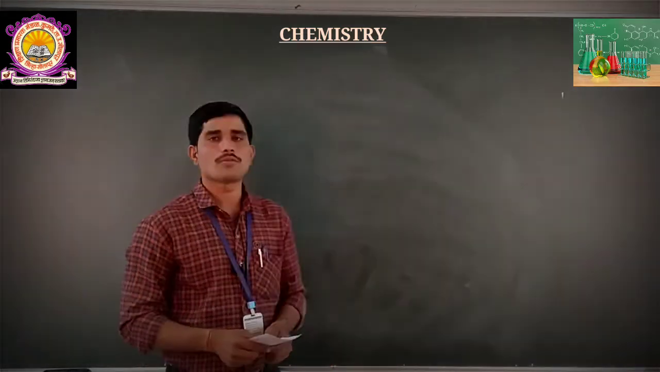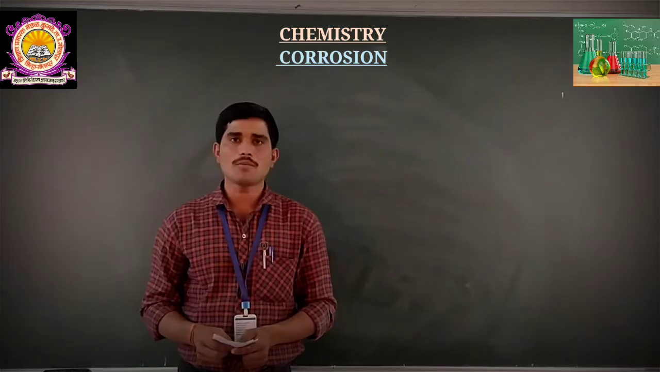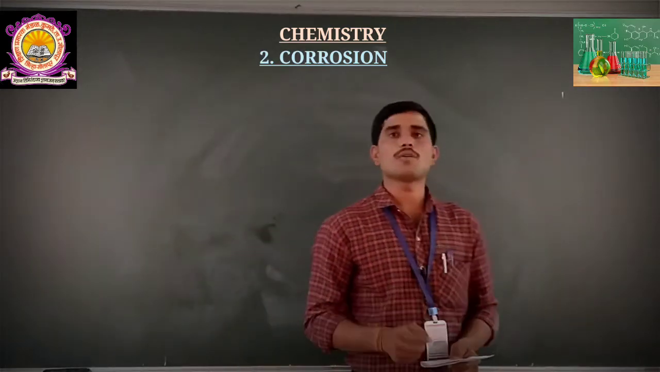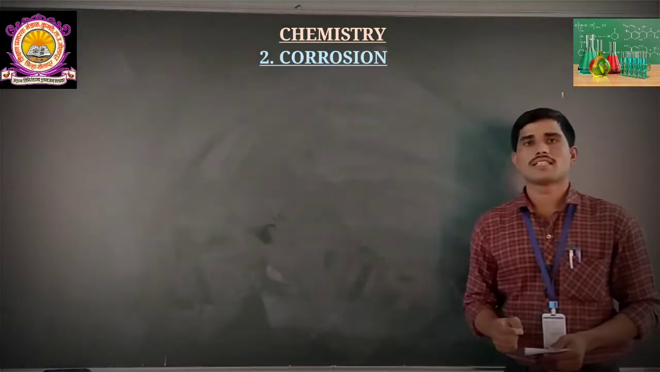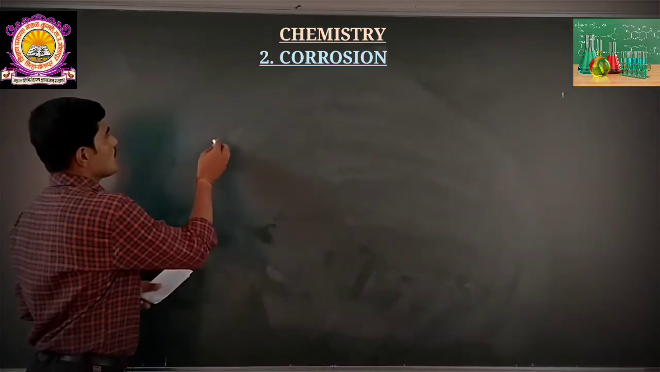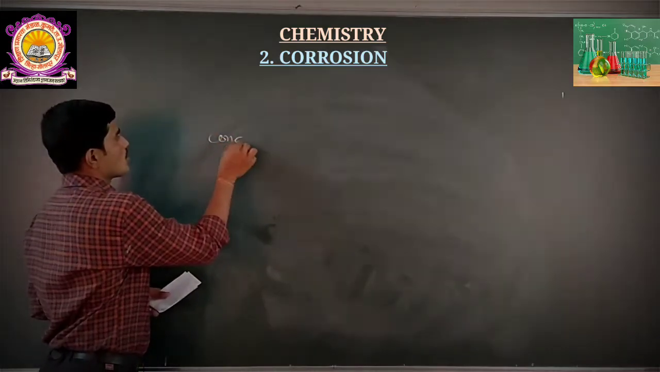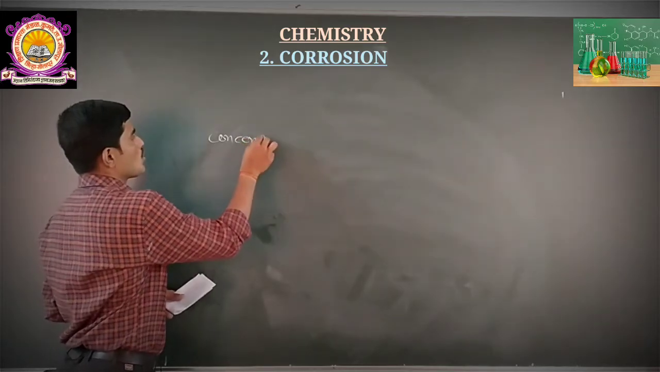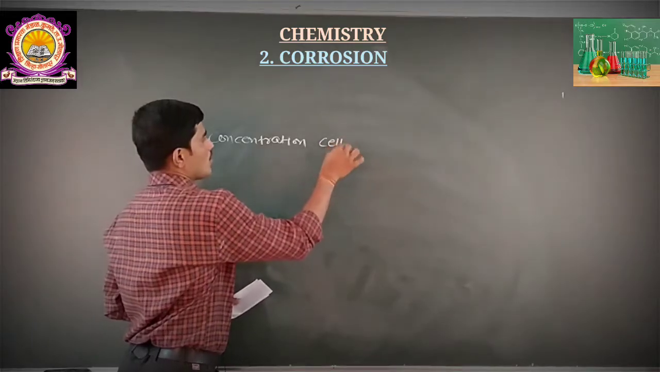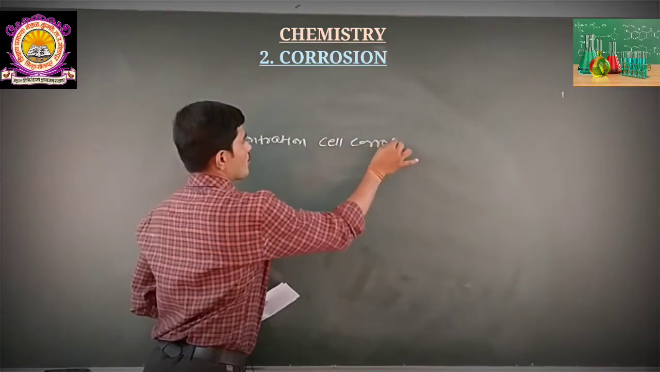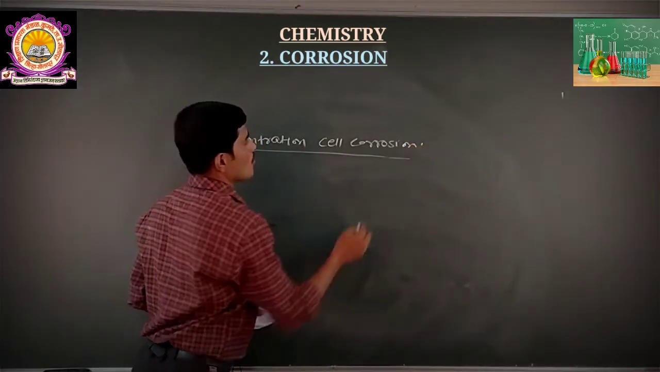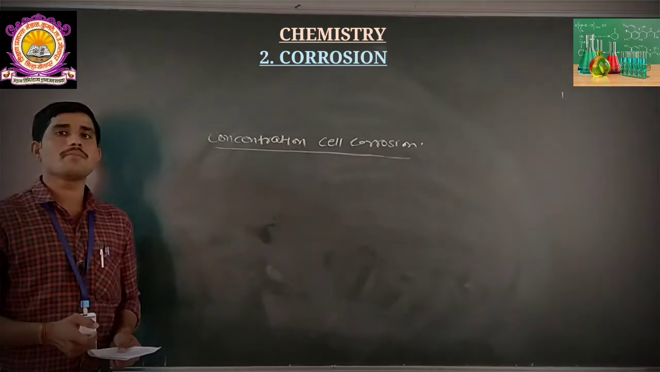In our last lecture we understood the mechanism of hydrogen evolution. After that we are going to start a very important concept of our syllabus, and that concept is nothing but concentration cell corrosion. We know that this type of corrosion we observe when any metal comes in contact with